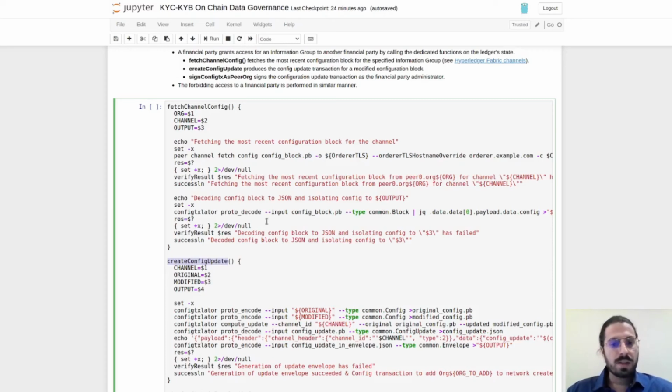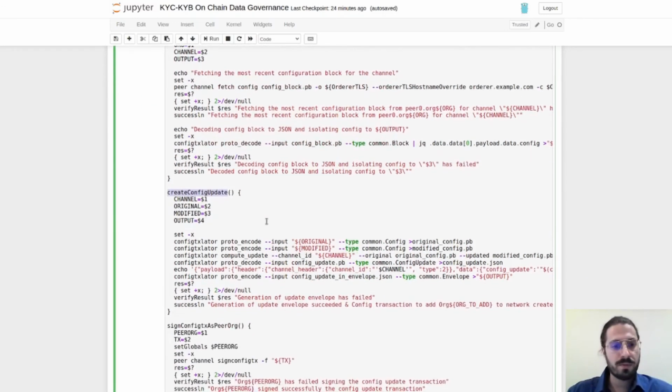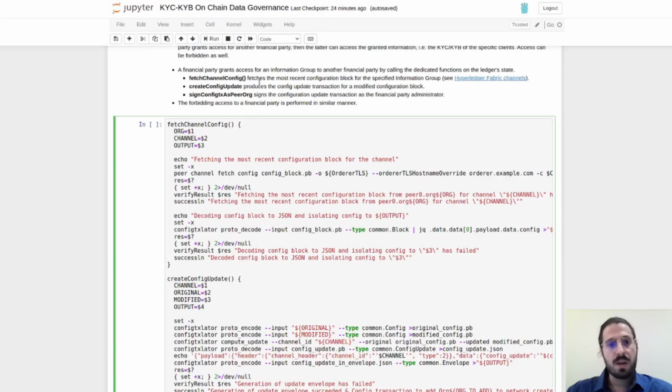And as soon as this is completed, the whole transaction has to be signed by the administrator with the signed config transaction as peer organization, which signs the configuration update transaction and is the financial party administrator.